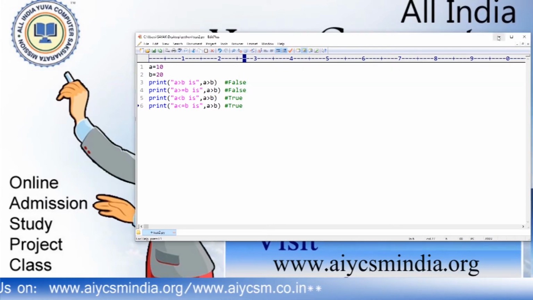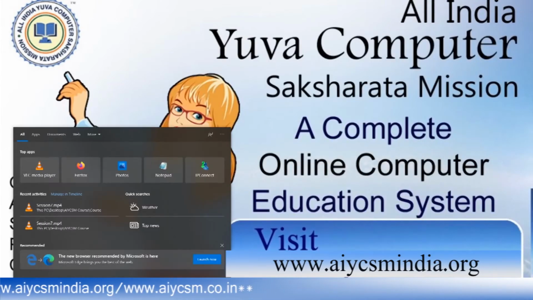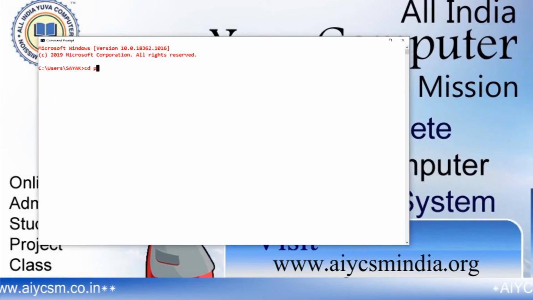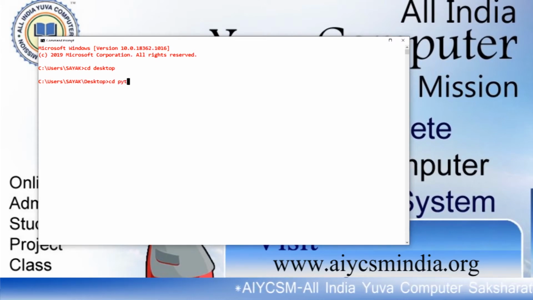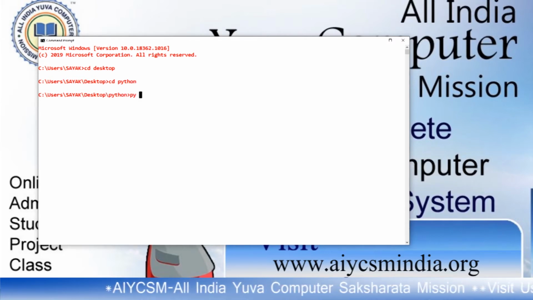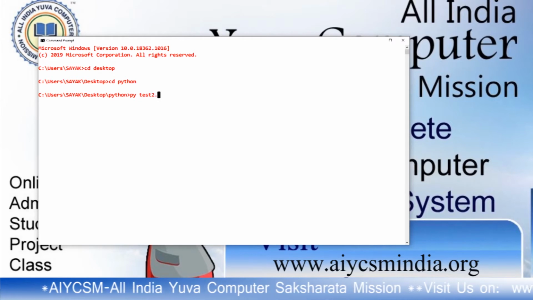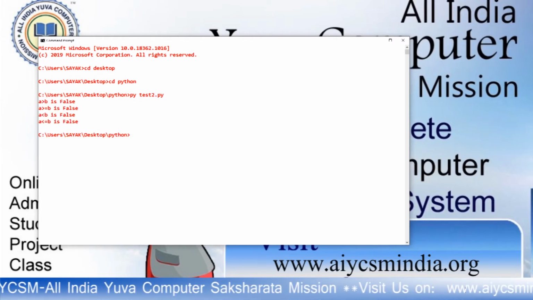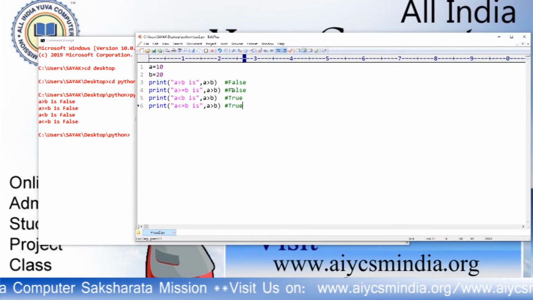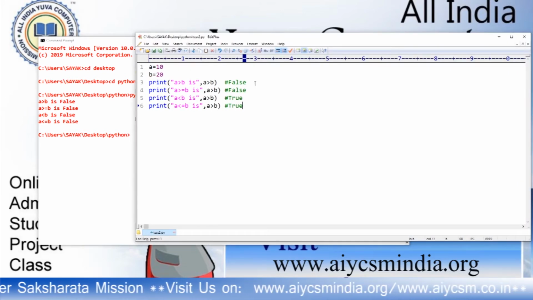Now I have to run it from the command prompt: cd desktop, cd Python, Python is the folder name, then py test2.py.